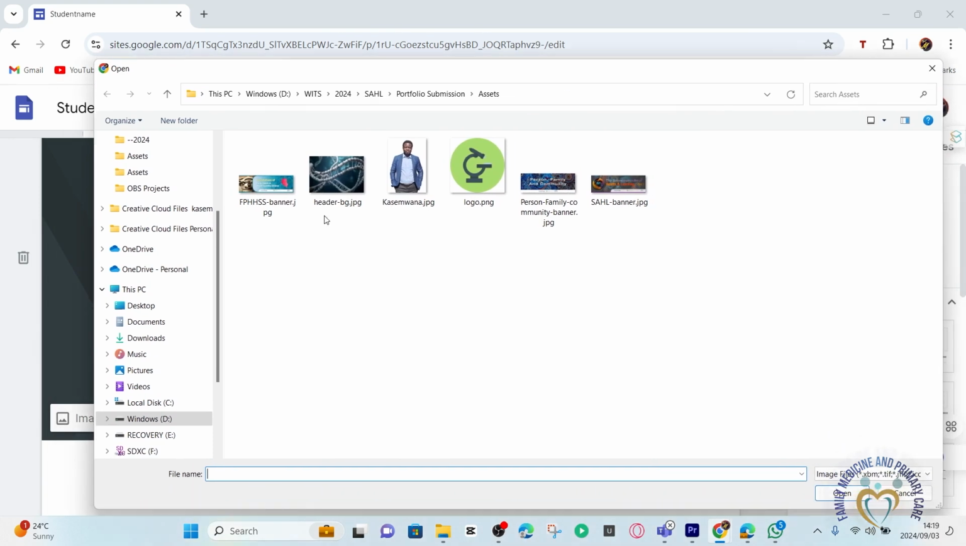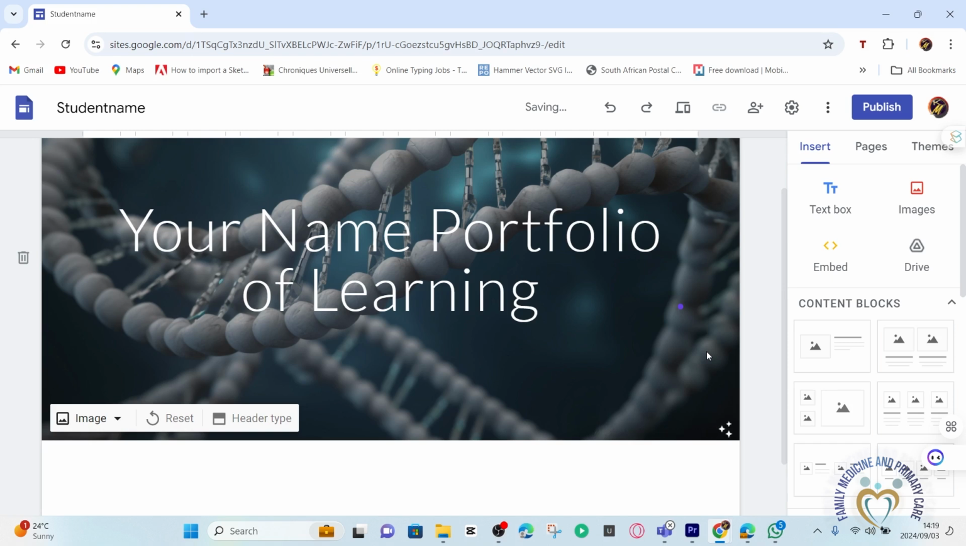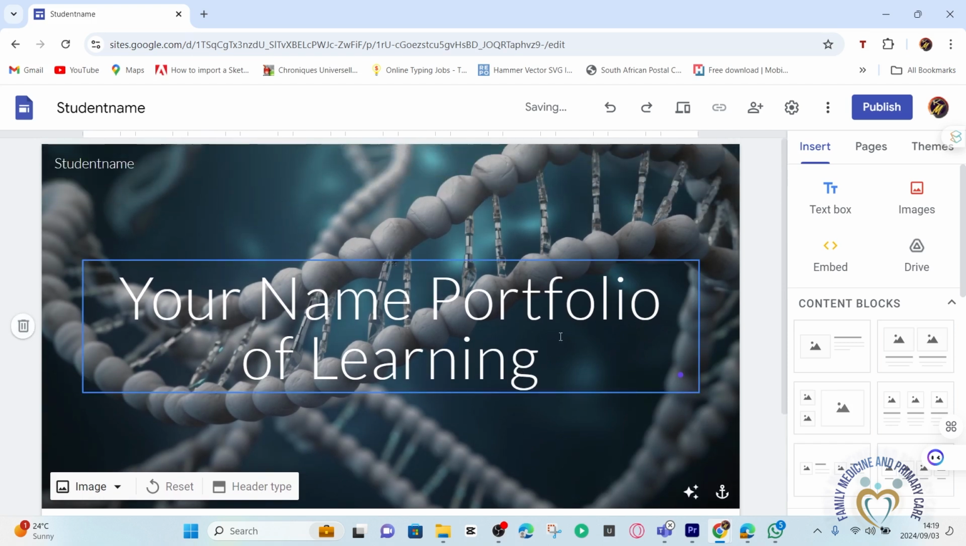Okay, here we're going to choose the header background. It's an image, a free image that I have downloaded from freepik.com, and click on open. Then we have our image in the background,